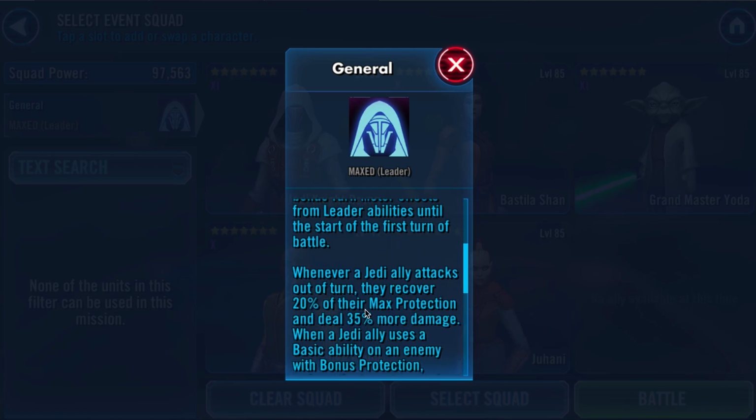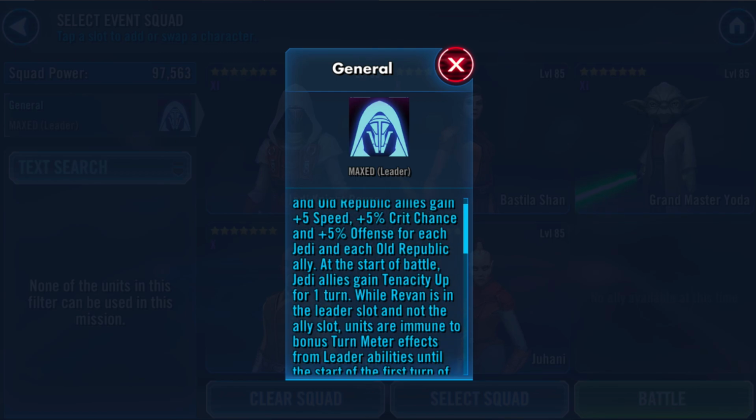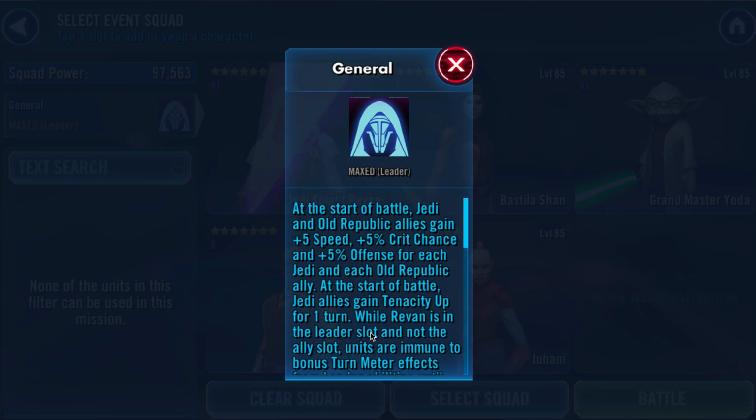He gains speed based on each Old Republic and Jedi ally. There it is right here. 5+ speed, 5+ crit chance, and 5+ offense for each Jedi and each Old Republic ally. Here's the thing. Bastila Shan is Old Republic and Jedi. Jolee is Old Republic and Jedi. And so is Juhani. So you're getting 10 per each of these characters. So you have in total 30 just with those, and then Grandmaster Yoda, you're looking at 35% more offense, speed,